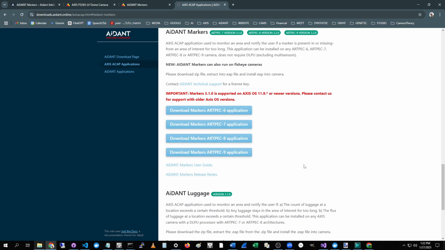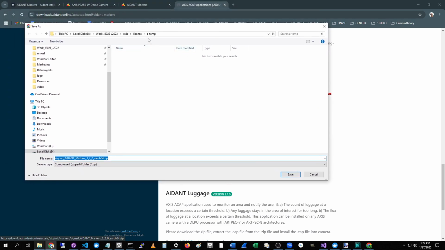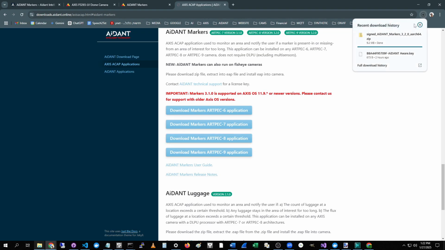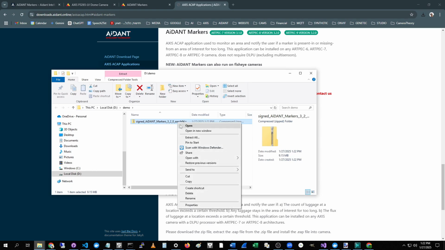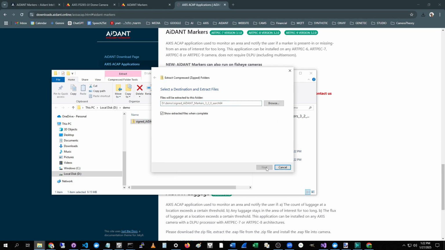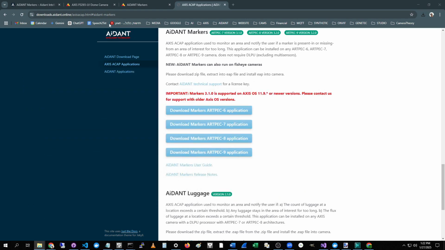In this case, we will install on an RPEG 8 camera. So we will select the RPEG 8 application and we will download the application to our computer. It will be downloaded in the form of a zip file. Once the application has been downloaded to our computer, we will extract the application by right-clicking and pressing Extract All. After the application has been extracted, we will have the file in the form of an EAP file on our computer. At this point, we will go to our camera,